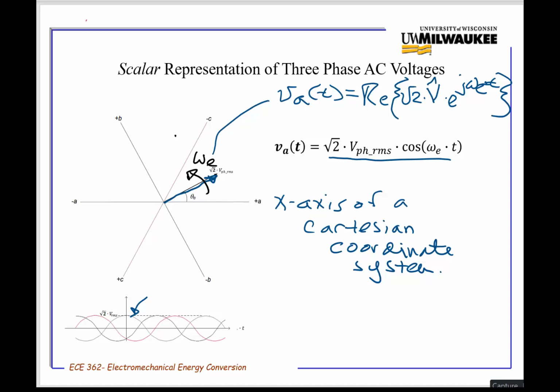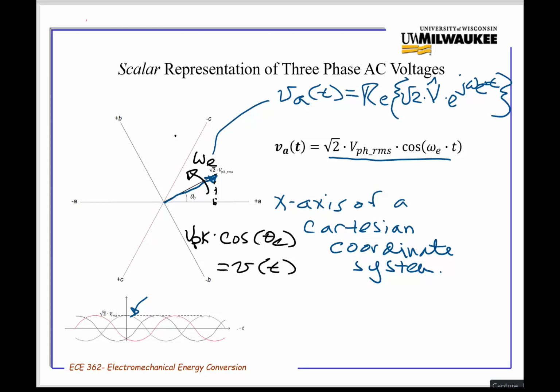And as this phasor moves around, it's going to reflect onto this axis A. So at any point in time, if I freeze this phasor and I take a cosine of the angle that I am at, cosine of my theta e point, multiply it times whatever the V peak is, I will get the corresponding V at the t corresponding to that point in time,